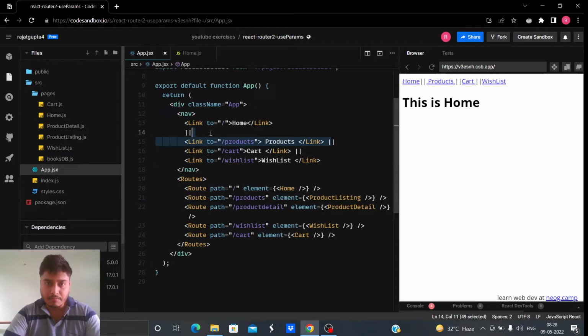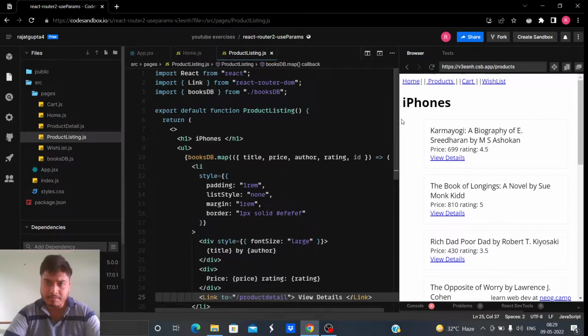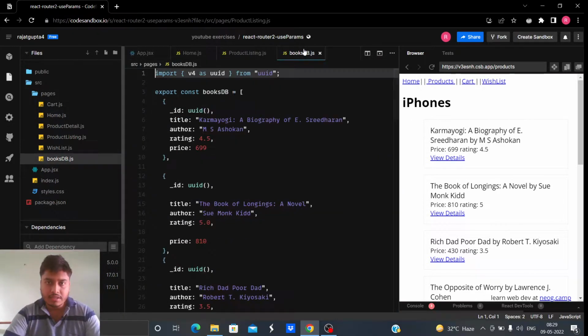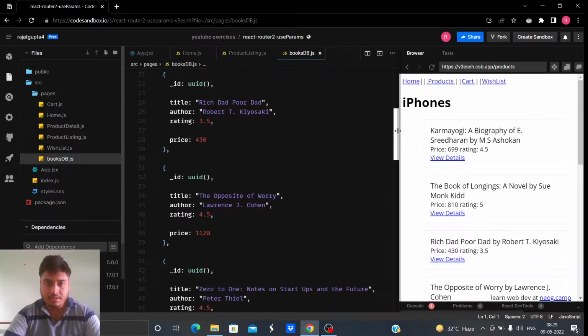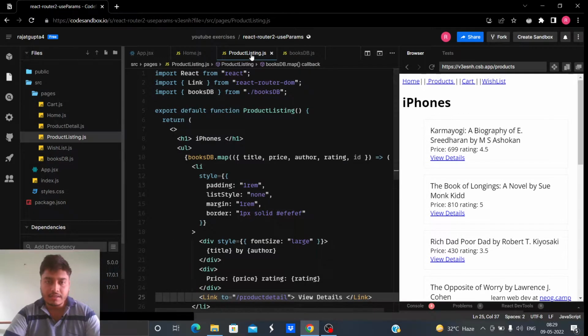This is the products link, and it gets to the product listing page, where products are being listed. Let me show you the product listing page that I have made. It's a simple page. I have this books database, a simple database of books, where I listed some books, and we are just mapping over these books and not much.